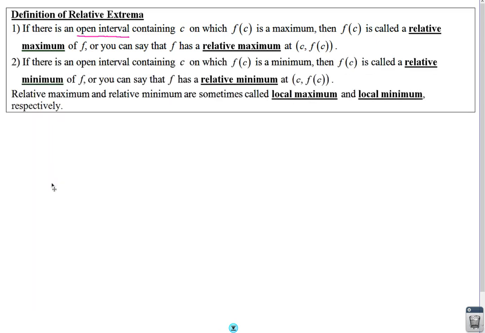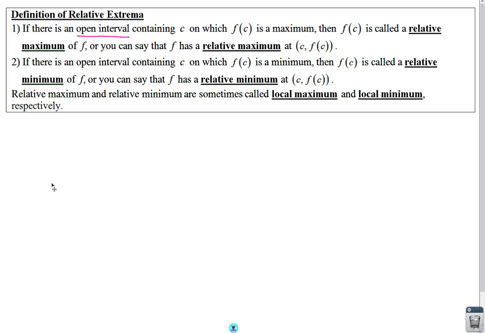If there is an open interval containing C in which f of C is a minimum, then f of C is called a relative minimum of f, or you can say that f has a relative minimum at C, f of C, okay? Again, it's not saying what is the relative minimum value. Before we could say what is the absolute minimum or absolute maximum value, because there's only one possible absolute max or absolute min. However, there could be one relative maximum or one relative minimum, but then